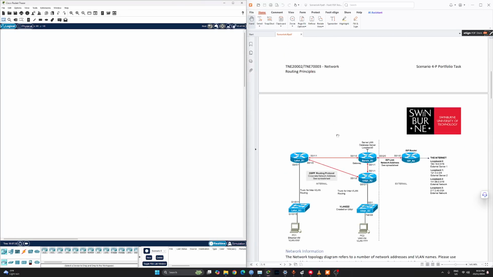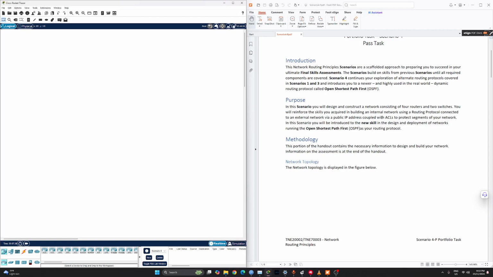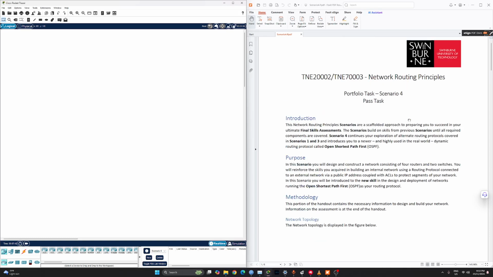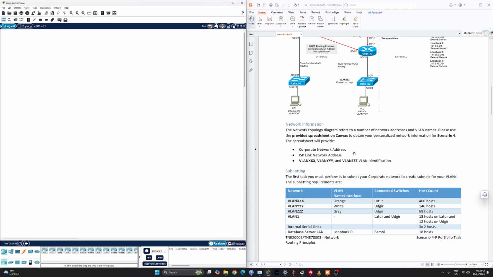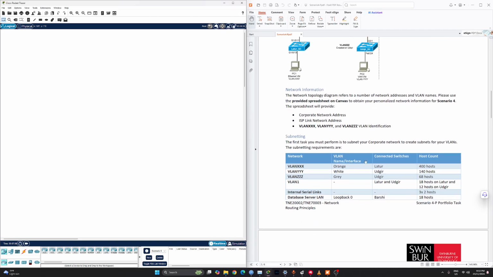So we're gonna solve the Swing One portfolio 4P today. I'm starting with the most important one, the 4P. It's gonna be a basic one since most of our terms are gonna be in OSPF networking. So for that we have to go through these whole servers, and we're gonna start with subnetting. So once we are done with the subnetting, let our network be just